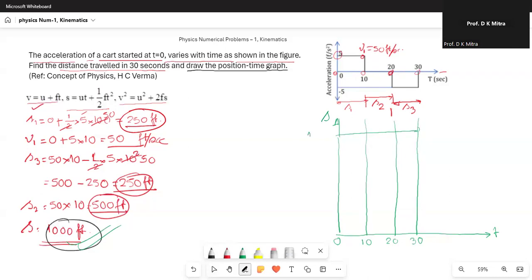And let us say this is 1000. So this is 1 point of motion. This is another point of motion because it started from 0. Now let us draw the other ordinates. This is 750, this is 500, and this is